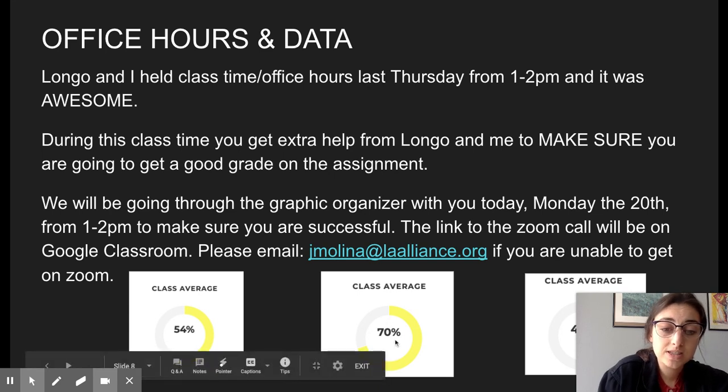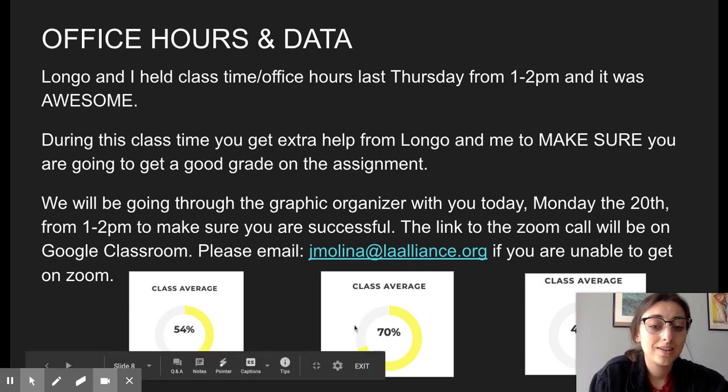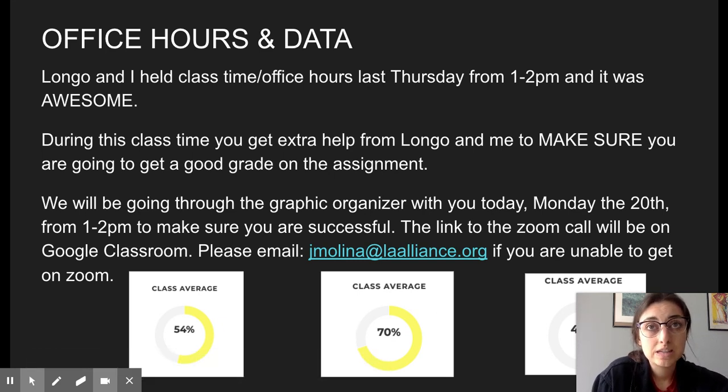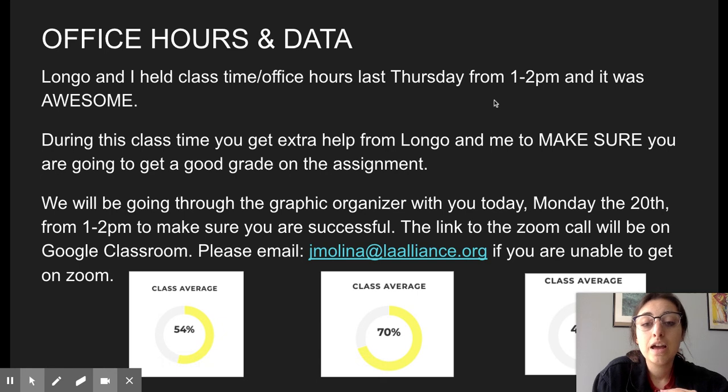So even though this 70% seems kind of high, a 69% is not a good score. Really, it should be higher than this. We should start to see it go into the 80s and 90s. Some of that is maybe because we're trying to figure out the technology and it's hard. But I also want to make sure that if you did get an NP or a 1, you can join these office hours so we can really help you make sure you're getting a good grade, okay?